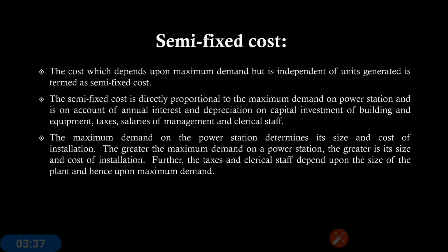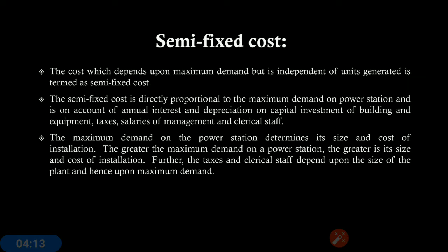So, with the help of maximum demand, we can find out the size of the generating unit, right? So this semi fixed cost depends upon the maximum demand but not on the unit generation, right? So the semi fixed cost is directly proportional to the maximum demand on the power station and is on account of annual interest and depreciation on capital investment of building and equipment, taxes, salaries of management and clerical staff,